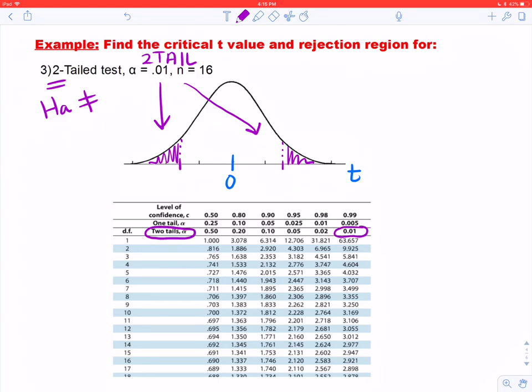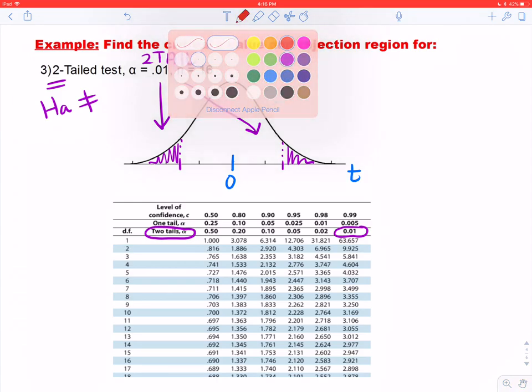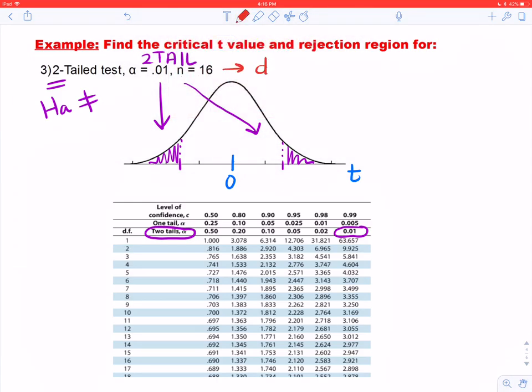Notice though, because this has a two-tail alpha, there is no need to divide by 2. So you won't do any kind of recalculating with the level of significance like you had to do for Z. You'll look it up exactly as it is. You will just be specifying if it is one or two-tail. All right, and then once again, I'm going to go degrees of freedom, 1 less than the sample size. So in this case, we'll have 15 degrees of freedom, and that's going to correspond to a value of